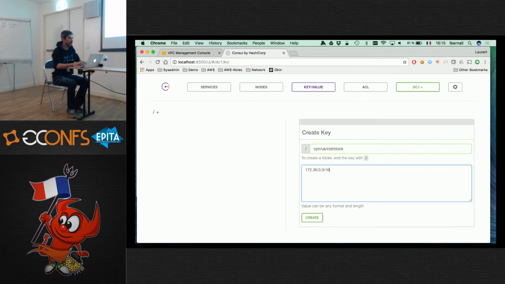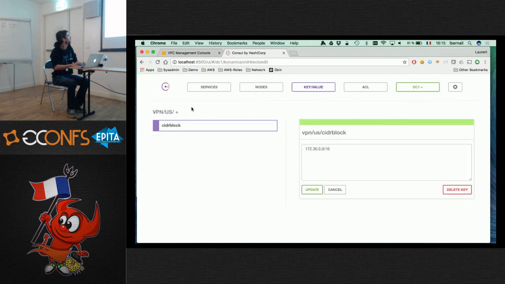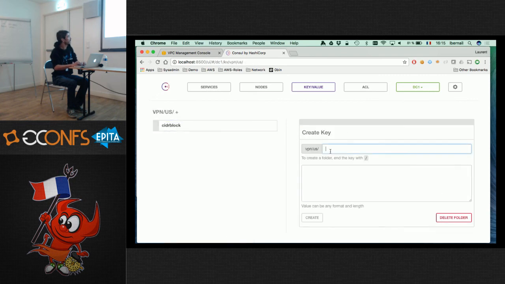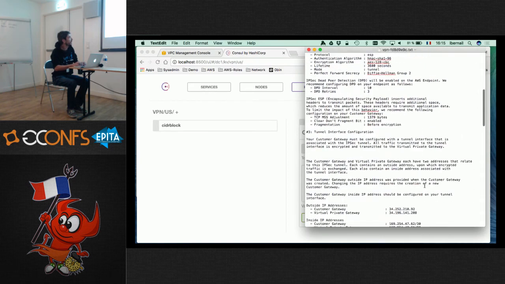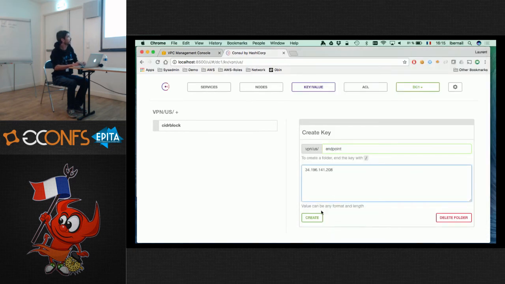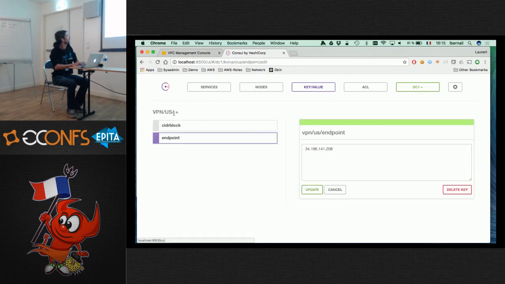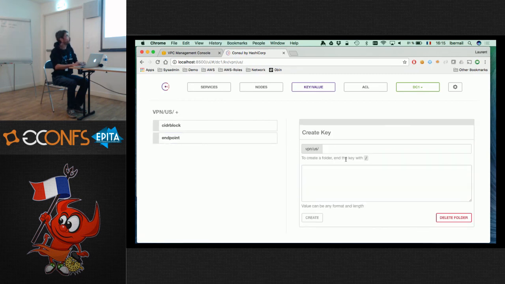So this is the IP address range in the US. Then I'm going to add the endpoint, which is the IP address I need to connect to. And I also need the pre-shared key.